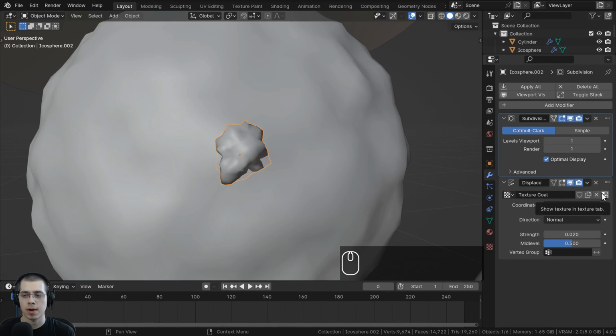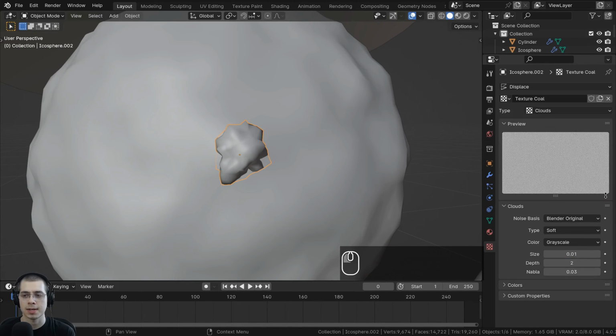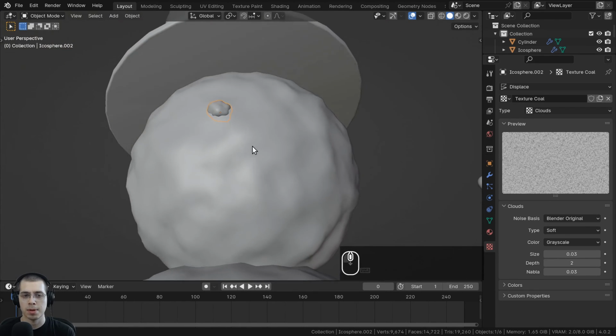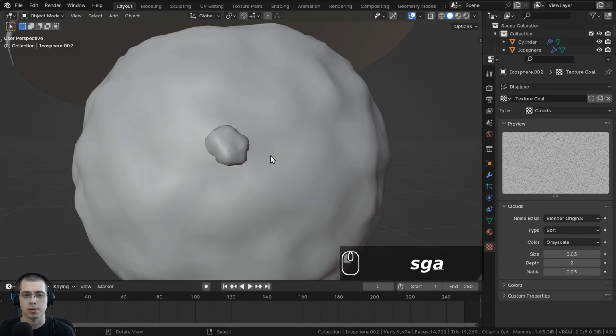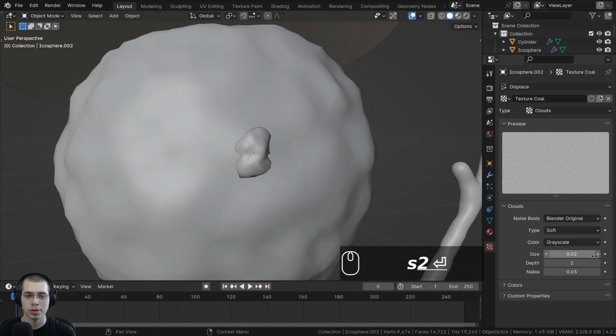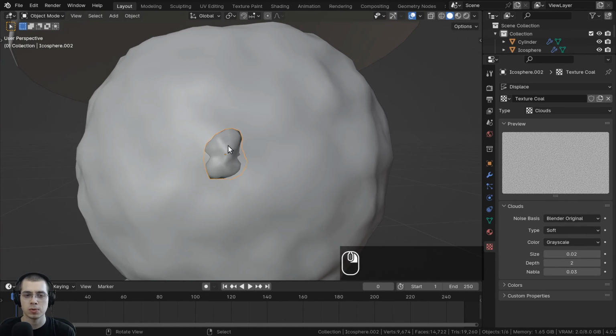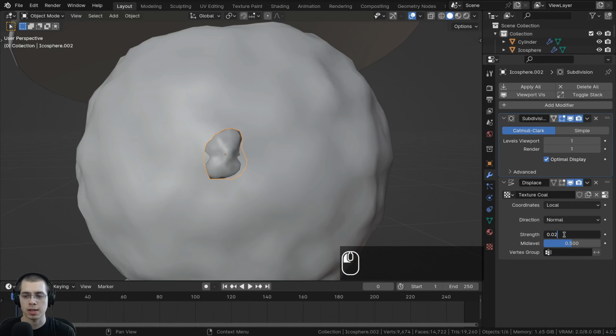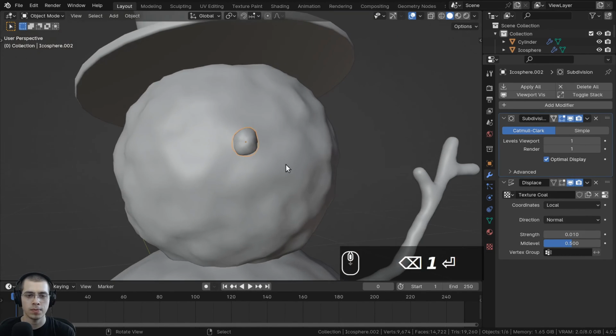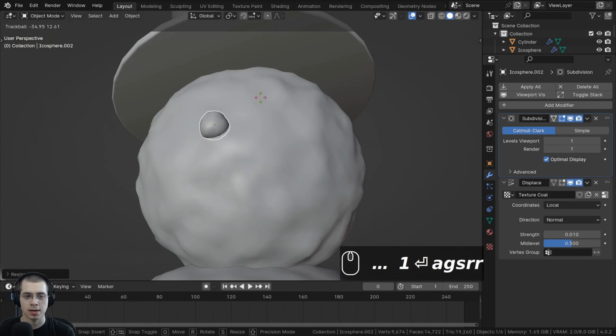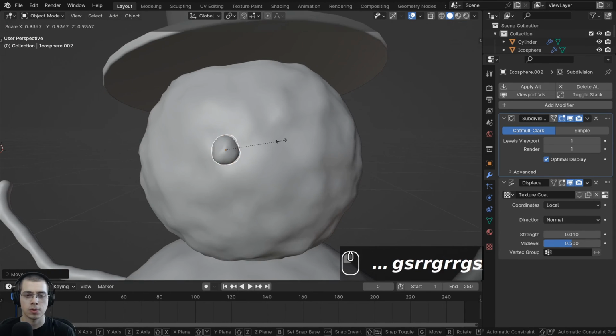And then if I click right back here, this is going to go back to the texturing tab. I can change the scale. So I'm going to turn that scale up a little bit to maybe like a 0.03. That is a little bit better. Actually, I'll just go with like a 0.02. And then it's a bit too strong right now. So if we click back here on the modifiers, we want to turn the strength down. So I'll turn it to like a 0.01, and that is a bit better. So now you can see that it's kind of lumpy and it looks like a piece of coal